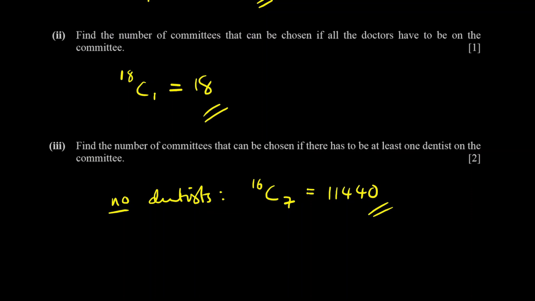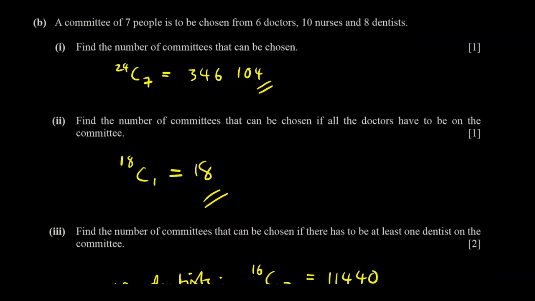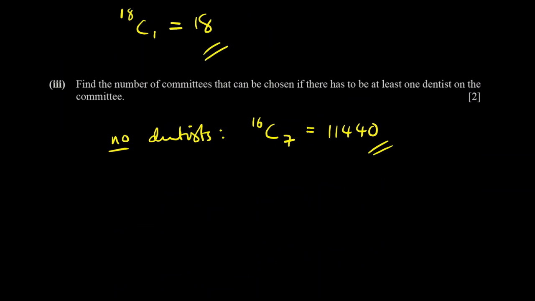Okay. And earlier on in the question in part 1, we said the total number of committees that can be chosen is this number here, 346104. So if this is the total number of committees, and this is the number of committees with no dentists, then if we do 346104 minus 11,440, what we're going to be left with is the number of committees where there is at least 1 dentist. So if I do that, the answer I get is